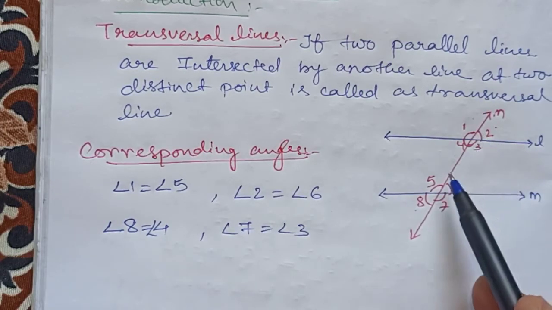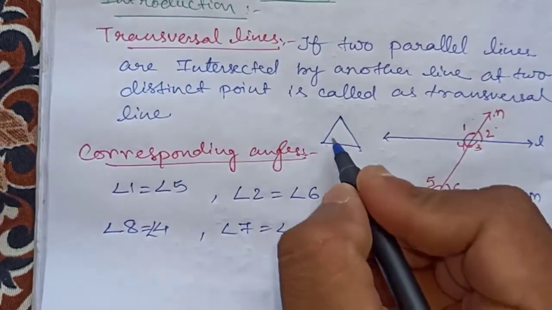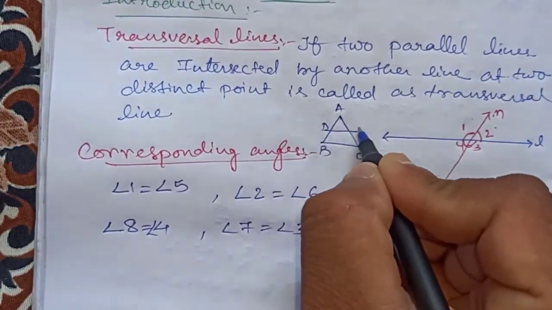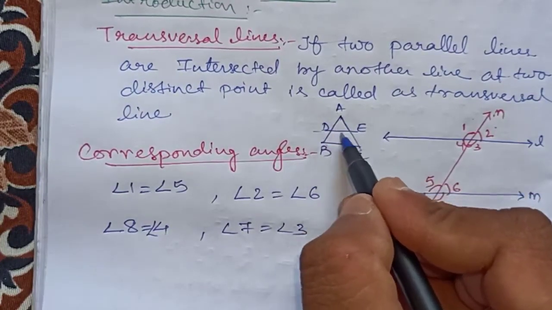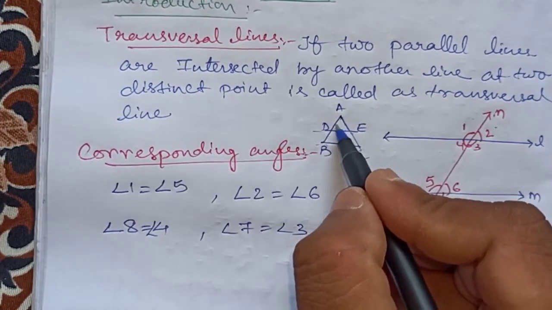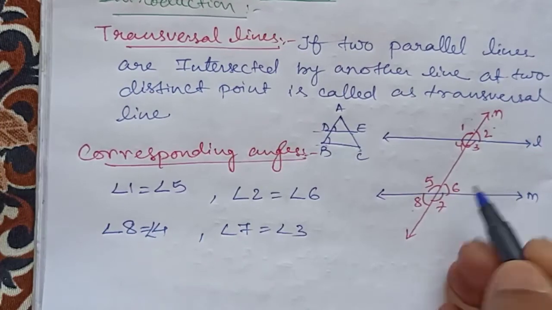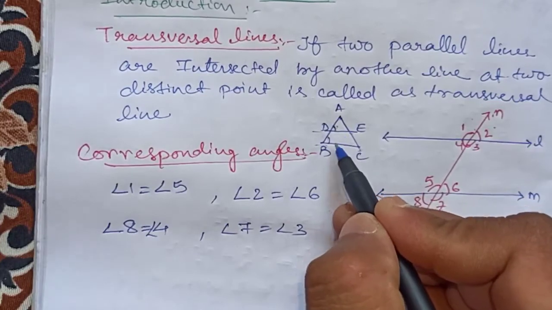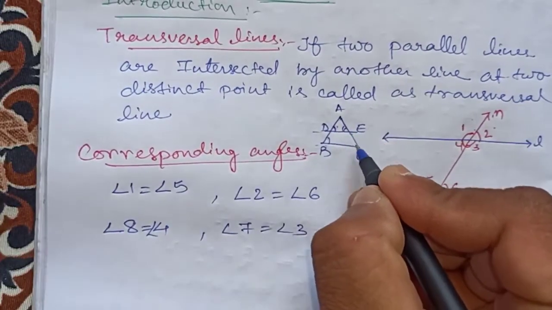So where will we get this type of angle? Suppose there is a triangle, and here I have drawn one more parallel line. ABC is a triangle and this is DE. See, these two are parallel lines and this is the transversal for them. So this angle equals this angle. It looks like that. So these two angles will be equal. Similarly, if I rotate the diagram, from this side these two angles will be equal.